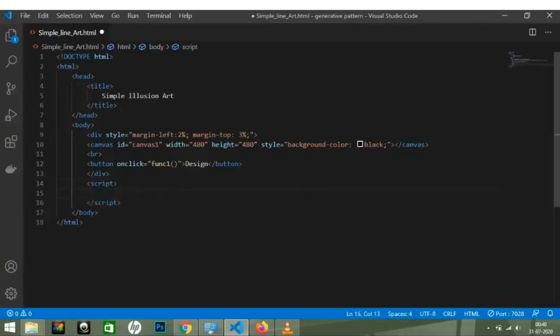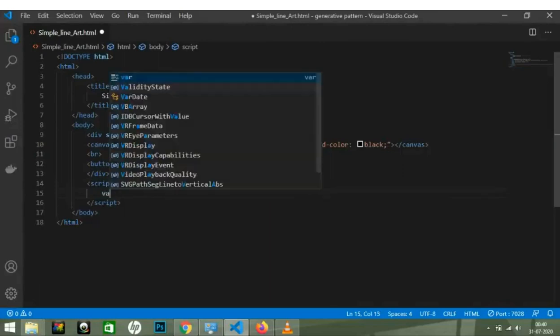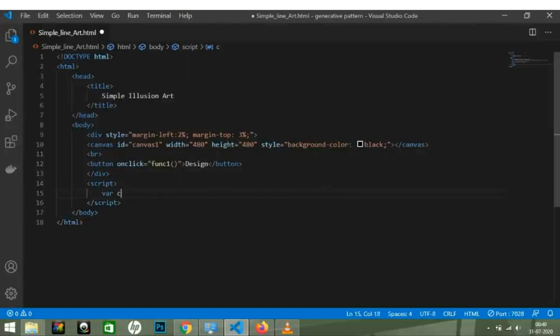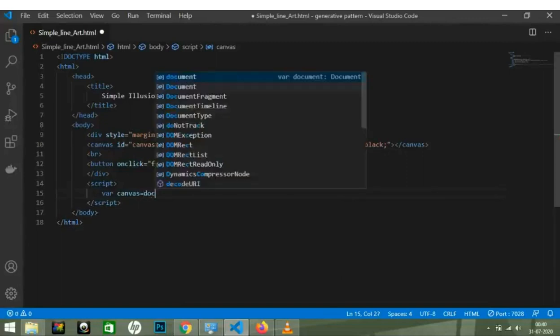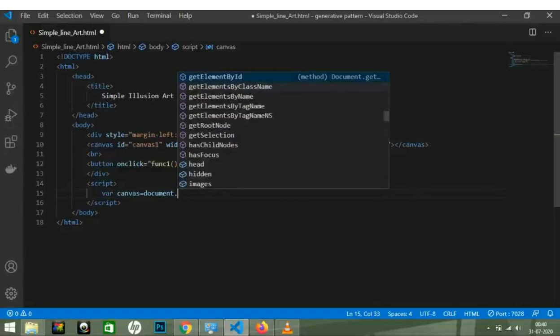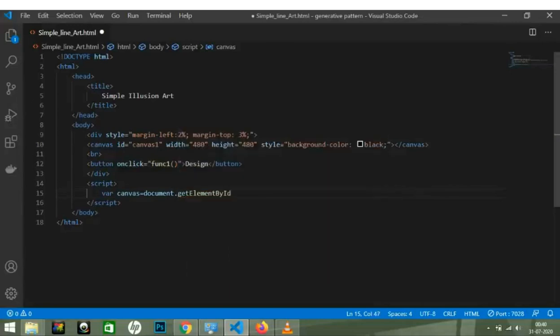As in my previous video, I have explained each and every line, so in this video, without wasting your time, let's move toward the function created inside script tag. But before moving forward, if you have any doubt in the above body tag, then please visit my previous video and the link for the same is mentioned in the description below.